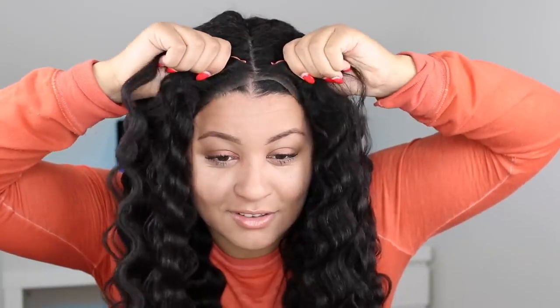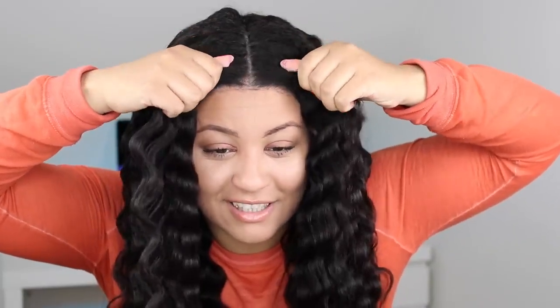See how natural this hairline is? Look. It's completely the same as my hairline, right? See? That's my hairline. That's the wig. I really, really like the results because my hair is so soft. When the hairstyle makes you feel like this,